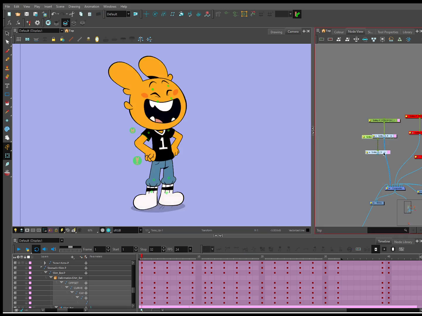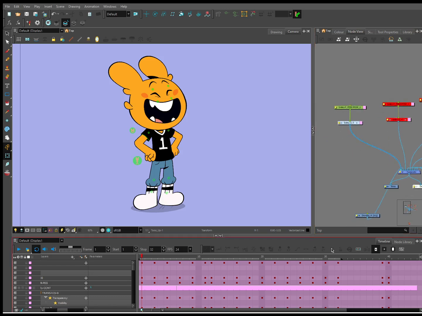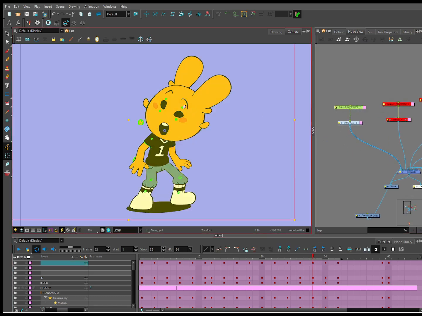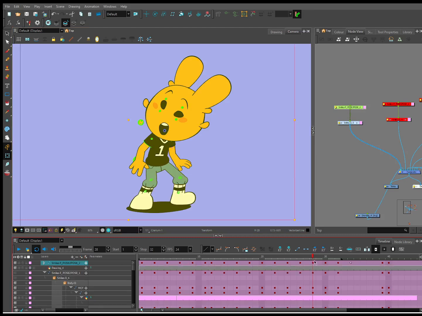Okay, now I'm going to copy paste this, and we're going to break down. I'll show you how I break down settles, because I do passes of Toon Boom. Yes, absolutely. The stupid search bar keeps popping in front of my mouse. Stop it.